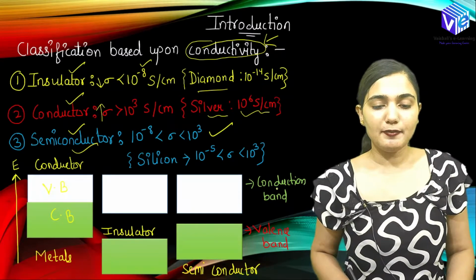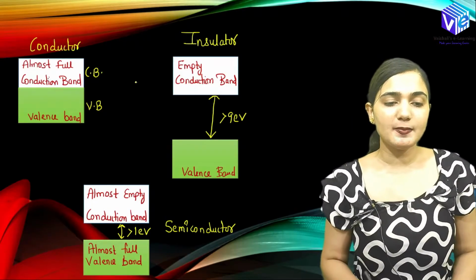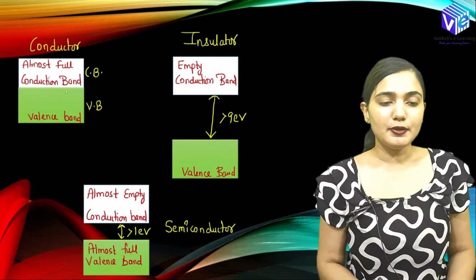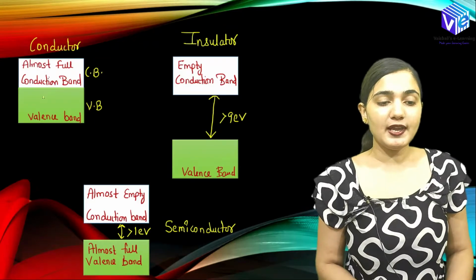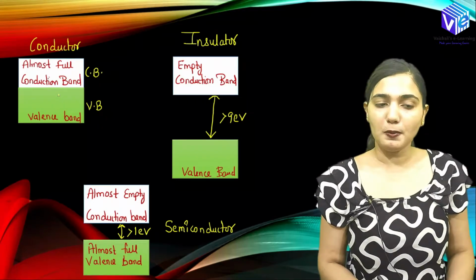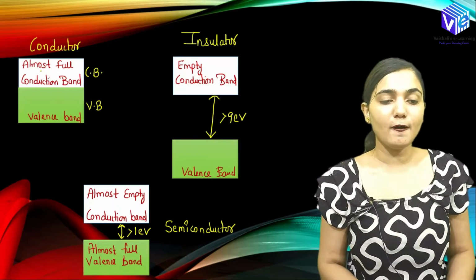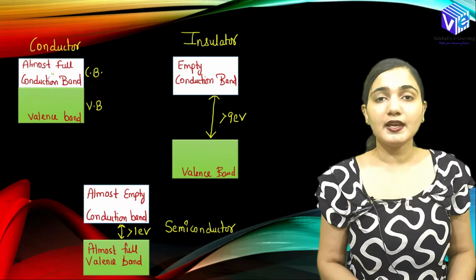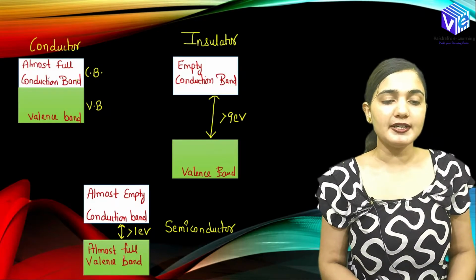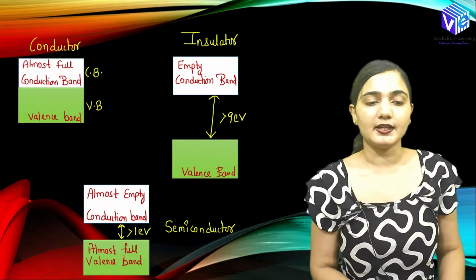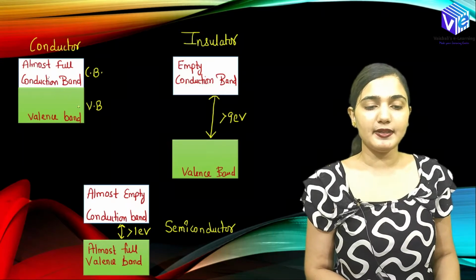So you can see here we have the conduction band, and below it is the valence band. This is the energy band diagram. For the conductor, we have the conduction band and the valence band overlapping, so the electrons are always there in the valence band. Because it is overlapping with the conduction band, we will almost every time have electrons present in the conduction band. So we have an almost full conduction band in the case of conductors, and we have zero energy gap in between the conduction band and the valence band.